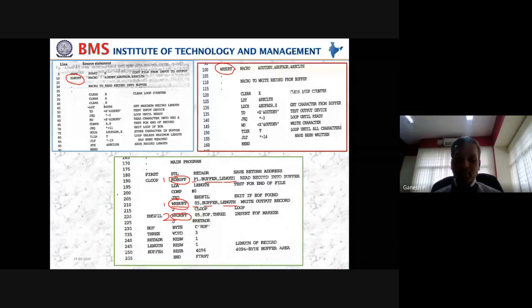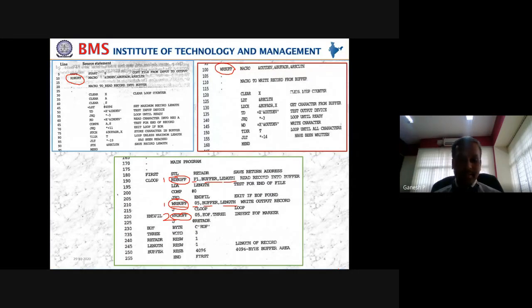Do you require to preserve the previous call parameters for any reason? Is it going to help? Because as a designer, you should think all this, no? Because you can't waste the memory. There is no point. Suppose a macro is called 10 times, every time you cannot keep loading the actual parameters in the system, it will eat up memory.